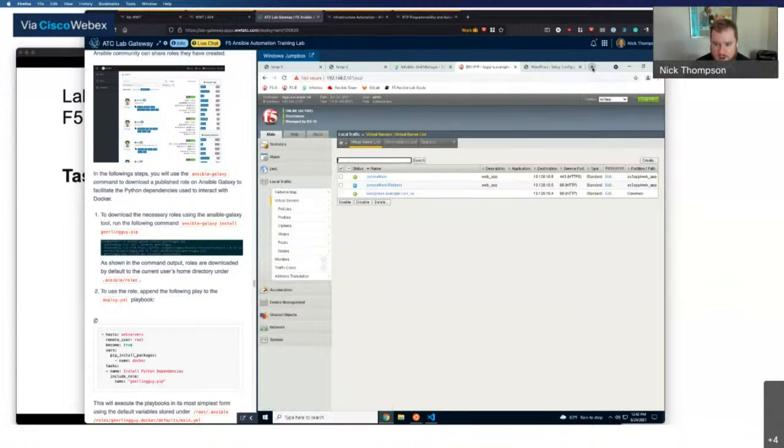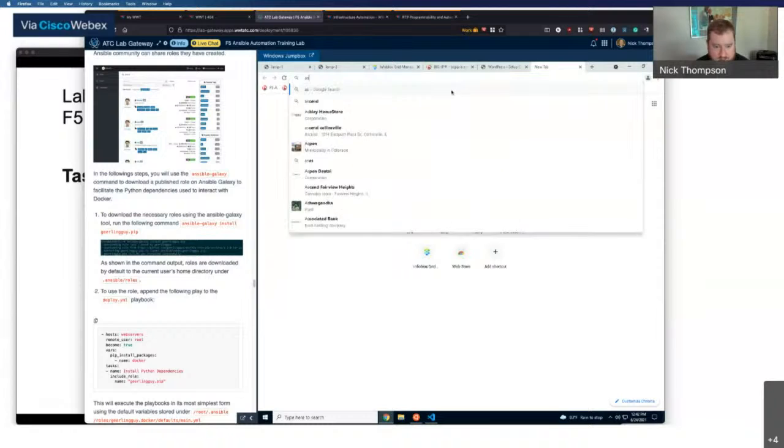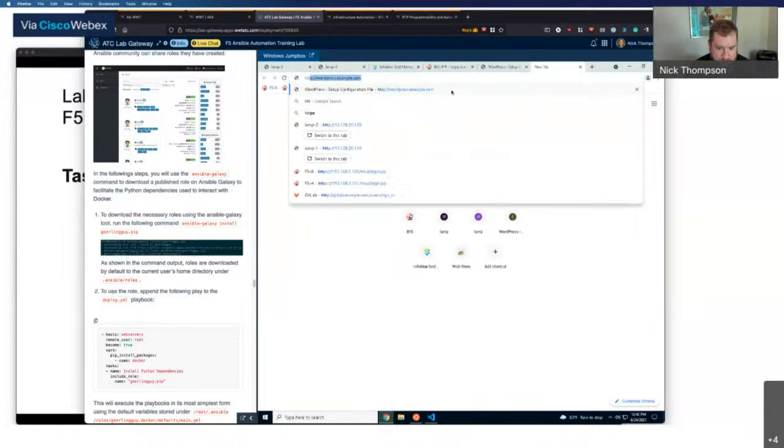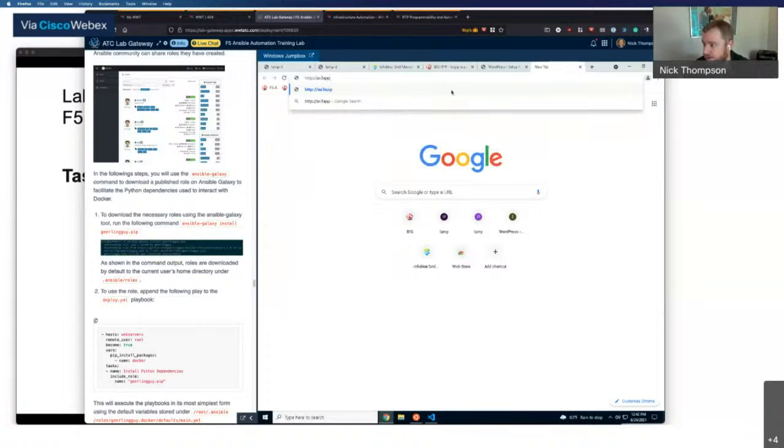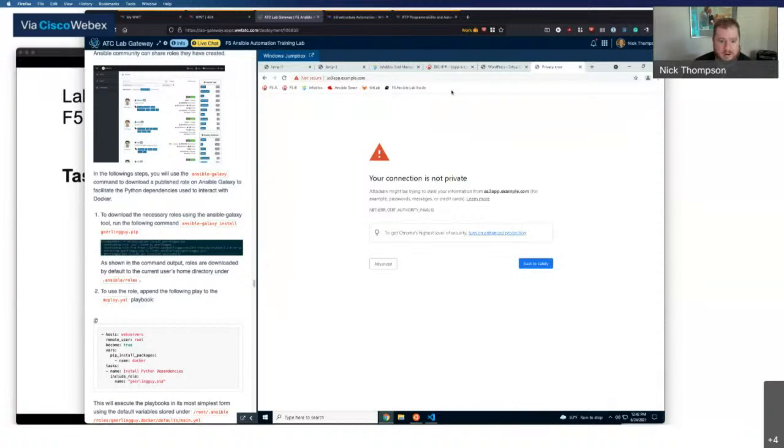And so if I go to, in the browser, I just go to AS3. So I'm going to do this on purpose. I'm going to go to http://as3app.example.com. It redirected me to HTTPS, right? So you're going to get a certificate warning because it's self-signed. But if we look at that and we proceed,